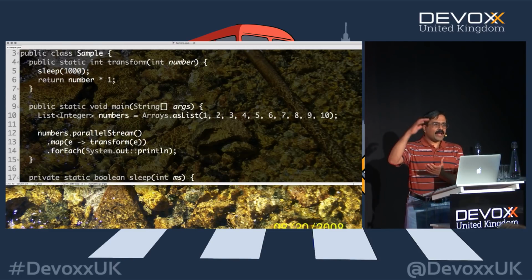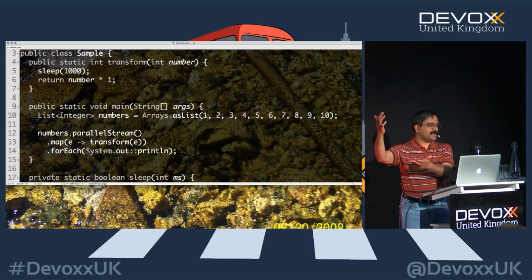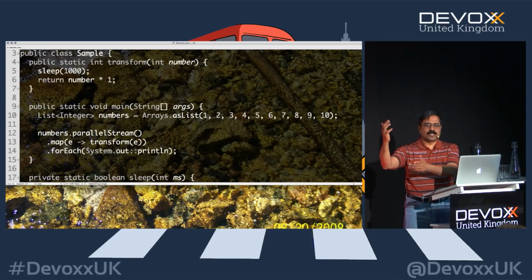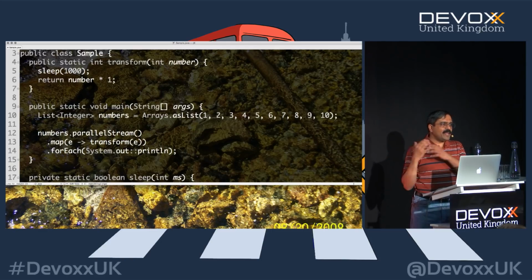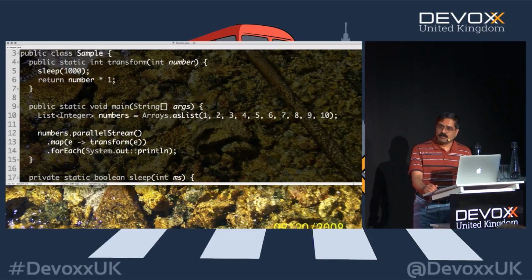This is one of the aha moments for me: when you take imperative style code, which is so beautiful, easy to understand, and mostly easy to follow, and then you make it concurrent, that moment in time is when this innocent looking code turns into a monster, and nobody can recognize it. If you worked on a project, went away for a few months, came back, and looked at this, you'd say, what happened to this project? Like a tornado ripped through it, because the code structure is extremely different.